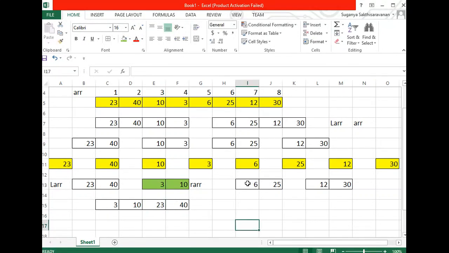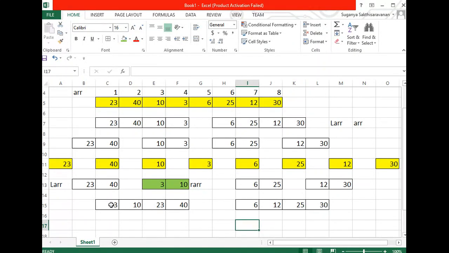The same way, consider this as a left array and this as a right array. You're going to form a new array based on this. First, both pointers will be at this position. I'll check 6 and 12. 6 is smaller, so 6 will be brought here. Next, your pointer will be checking at this point: 25 and 12. So 12 is the next element, and 12 will be brought here. Again 25 and 30. 25 is the lowermost element, so 25 is brought here. And next, 30 will be brought here.